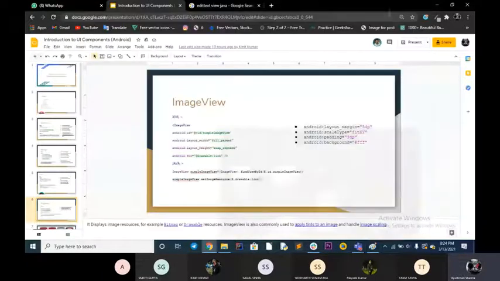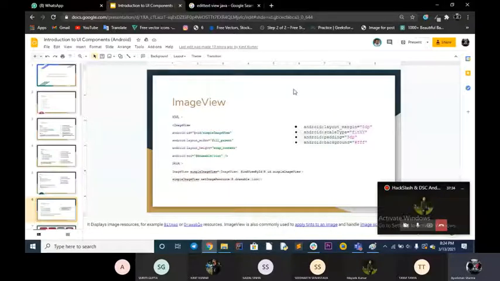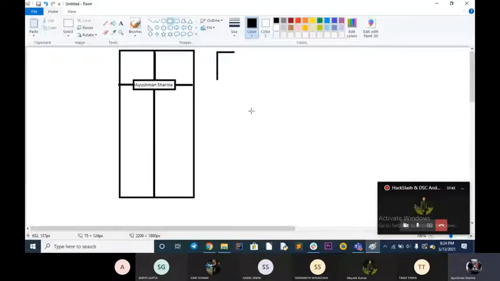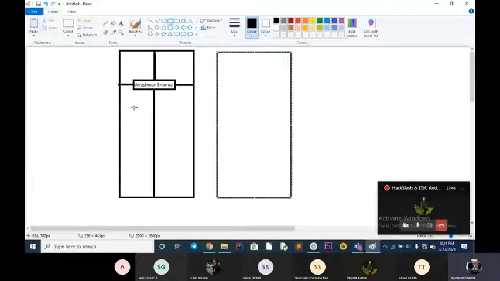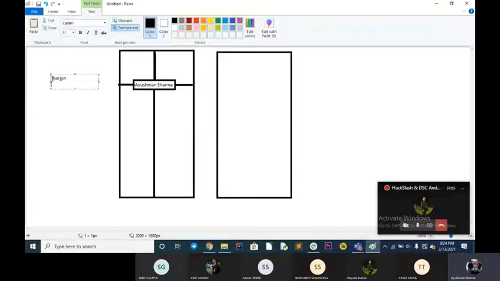So I'm giving you a little hint about it again. Assume we have two layout screens. We have two phones. In one of them, we are defining the margin equal to 10 dp, and in the other one we are defining padding is equal to 10 dp.